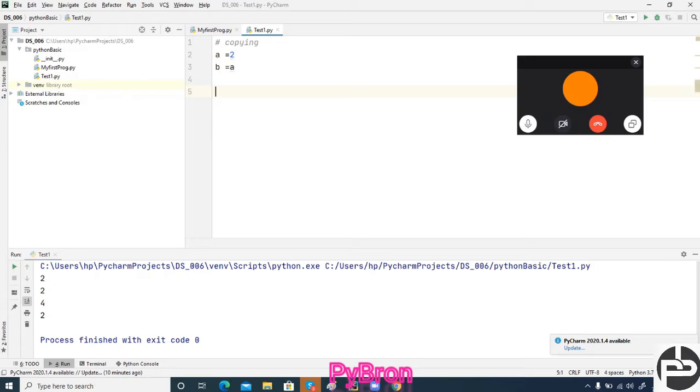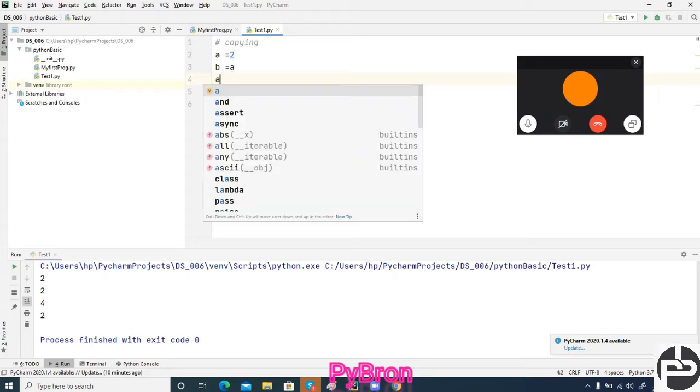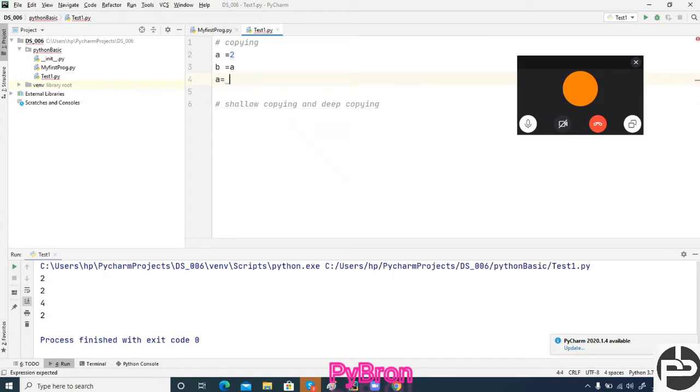Now I'm going to show you some concepts like shallow copying and deep copying. Try to understand what I'm going to show you. Shallow copying and deep copying. What is this? Deep copying. Now A is equal to 2 plus 2.